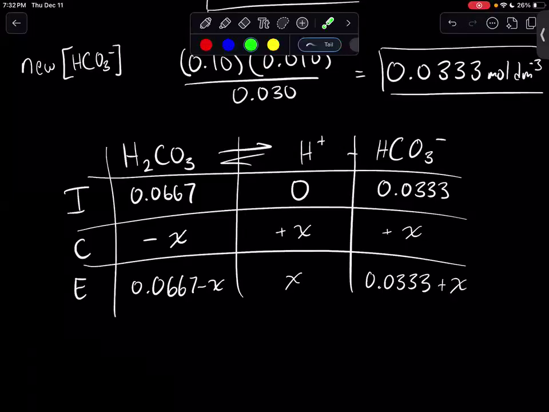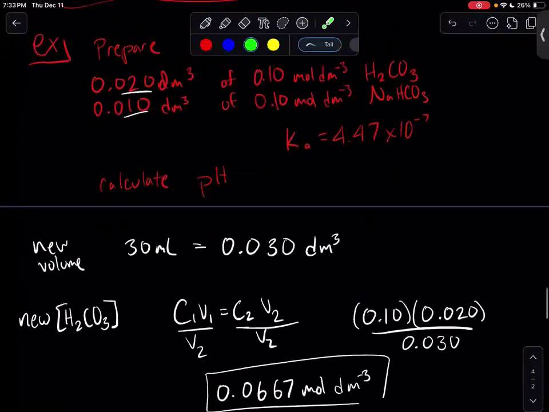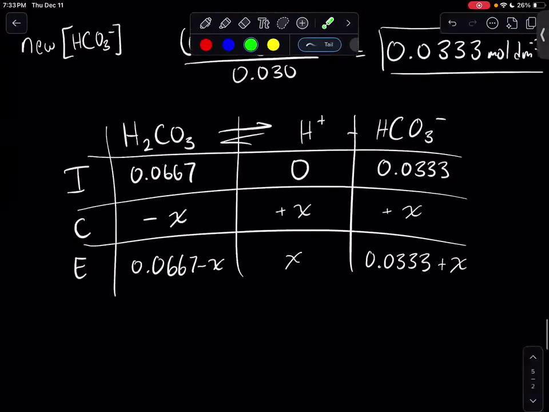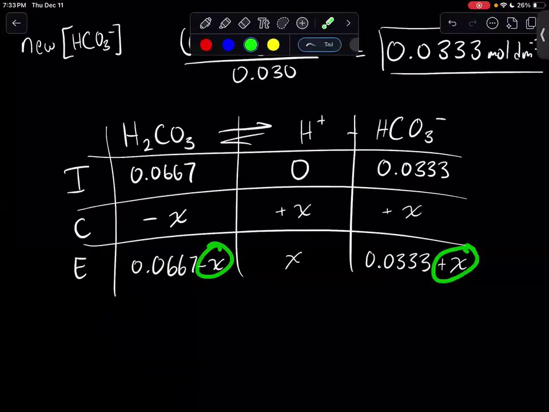Now, what we recognize is that in this equation, we have an incredibly small Ka. When we have a small Ka, we can disregard x when we are adding or subtracting it by numbers far above its magnitude. So we can just remove x from this equation on both of these sides, and we can